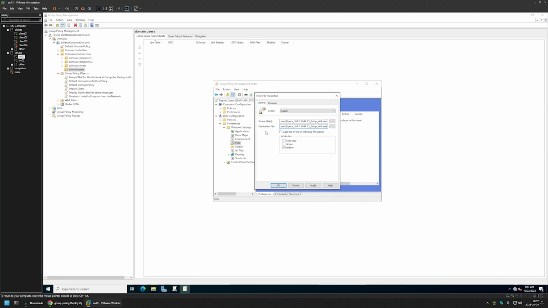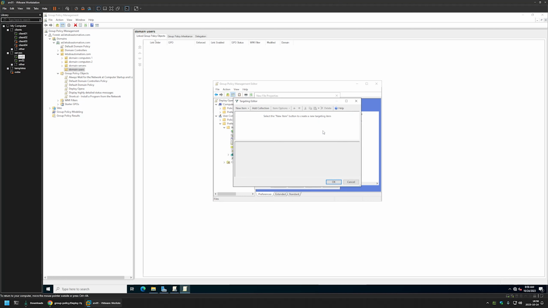Now I will be setting up item level targeting because we want to deploy this file only to the computers where users don't have Opera installed, and for that I will go to Common, select item level targeting and targeting. And here I will be targeting a registry key that is created after Opera installation. So to do that I will go to New Item,